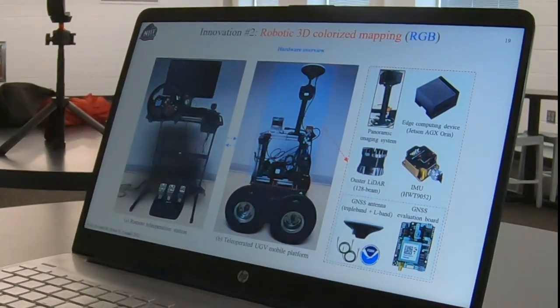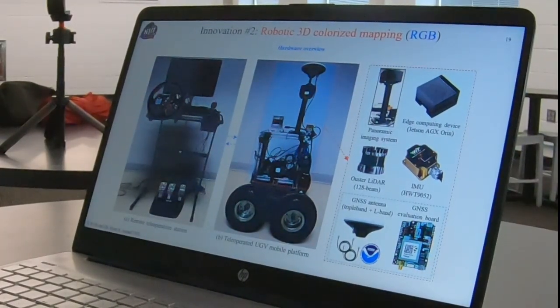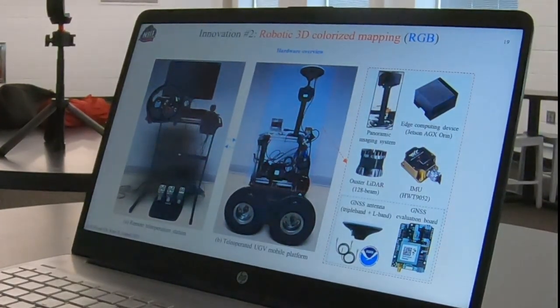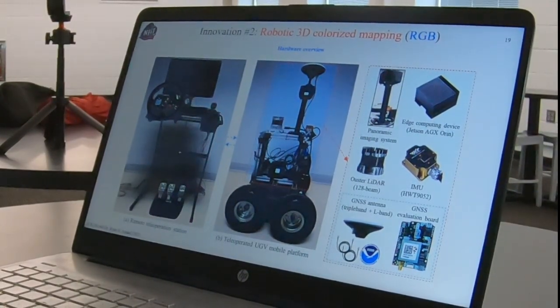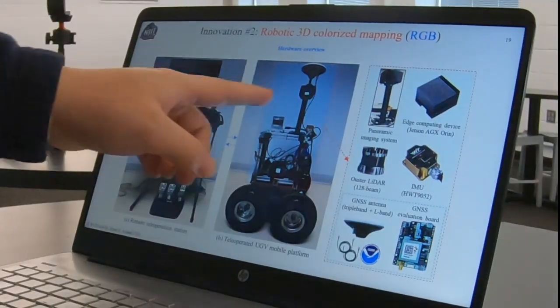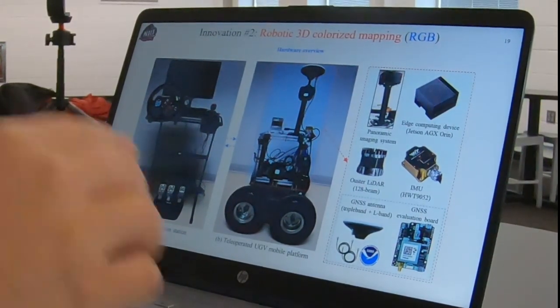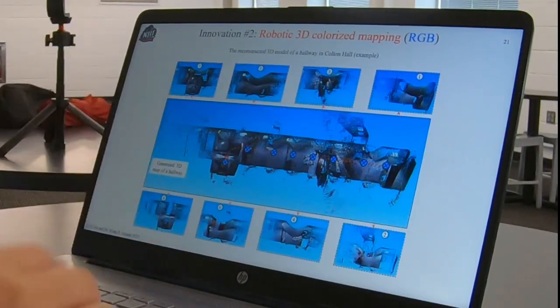Why do we care about that? This is like a 3D colorized mapping system. When human beings perceive the environment, we can see the context information and also the 3D geometry. So inspired by that, this system does the same or a similar job. It leverages LiDAR to capture the geometry and uses the camera system to get the color context, and then fuses them together to generate a digital version of the 3D environment to achieve 3D reality capturing. I will show you some results so you will get the point.